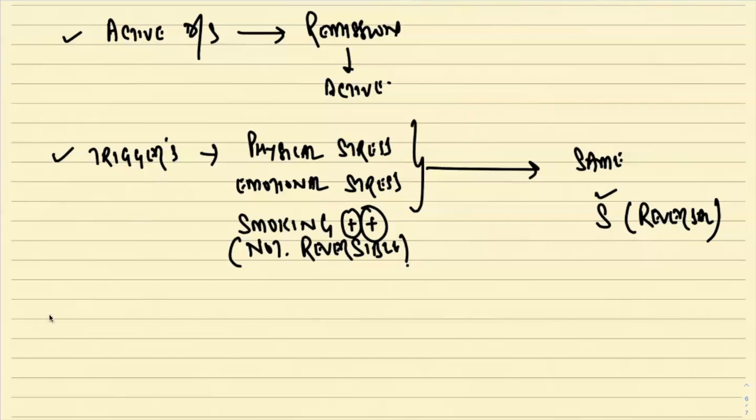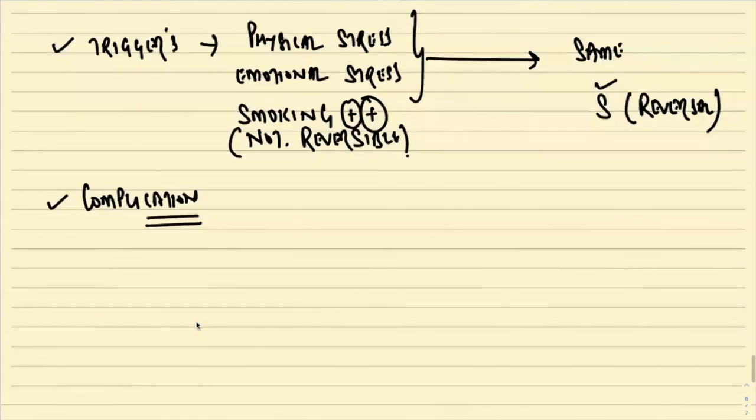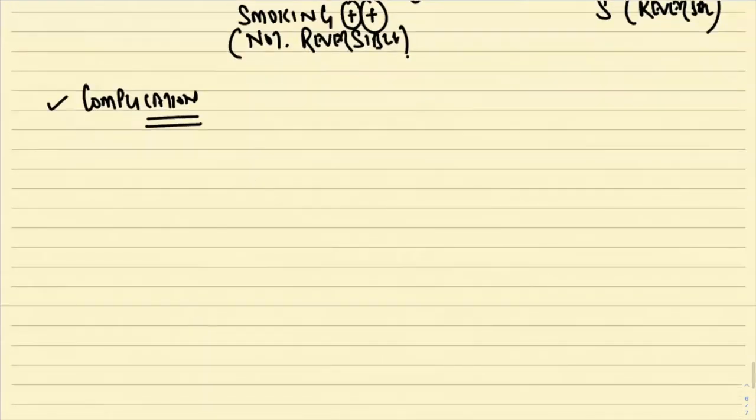Okay. So both of them have some or the other complications that we have to understand. The complications are very common. It's a common sense question. Why? Because according to the site of involvement, you have the complications. Because small intestinal involvement is more in case of Crohn's disease. So this disorder will be characterized by